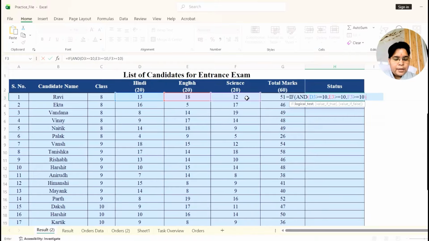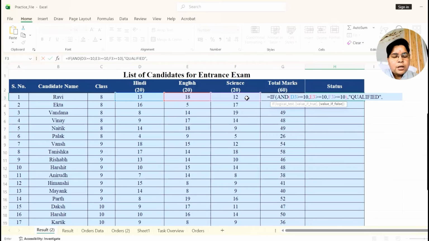So close the bracket, then use a comma again, and in double quotes first we will display the message for the true condition. True condition means if in all 3 columns there are 10 marks or more, then the result will be qualified. So type qualify, then close the double quotes, then use a comma.